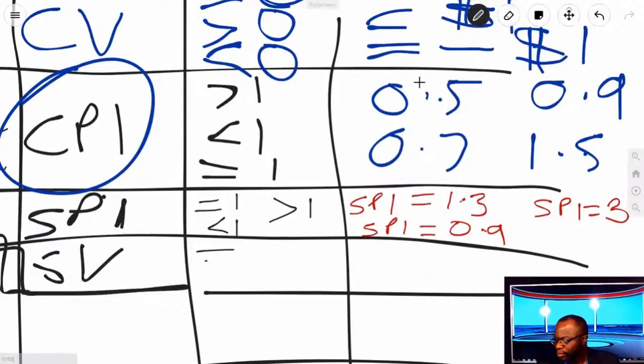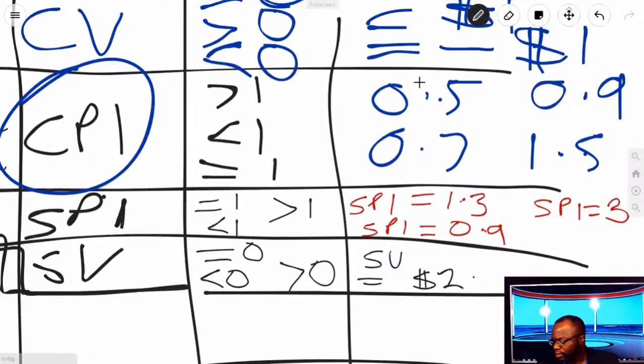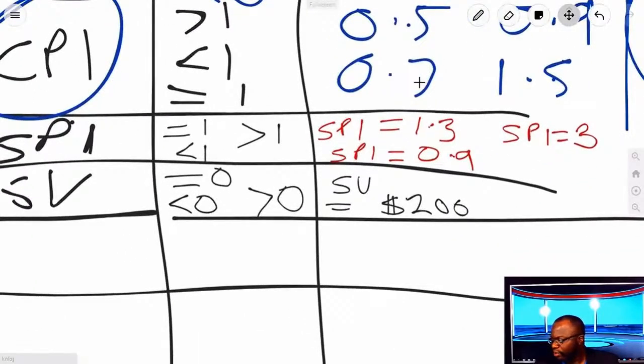SV equals 0 means you're right on target in terms of schedule. Less than 0 means you're behind schedule. Greater than 0 means you're ahead of schedule. So if you say SV is equal to, for example, $200, versus SV equals minus $200, SV equals positive $200 means you are ahead of schedule and you've gotten $200 worth of work done